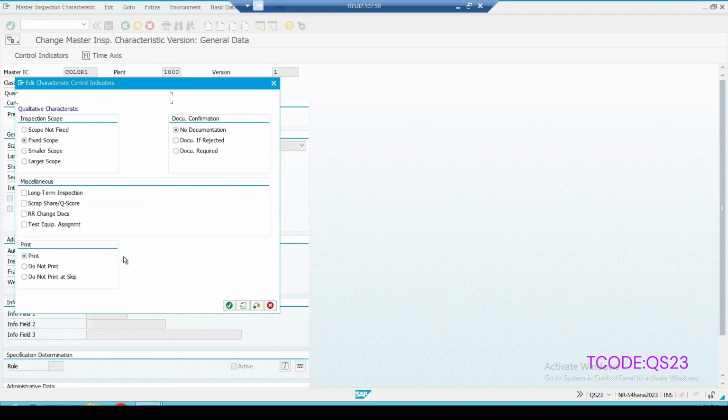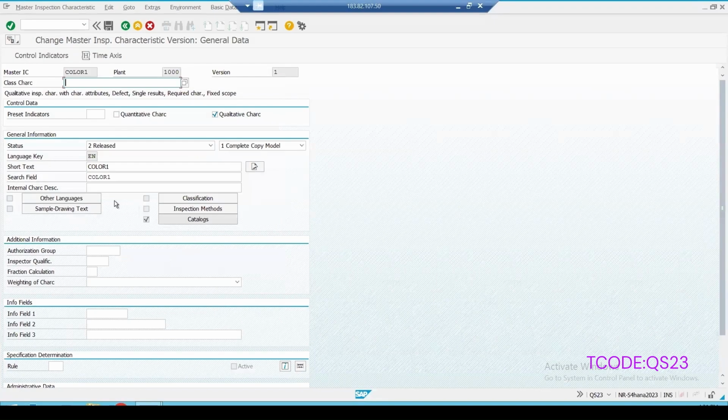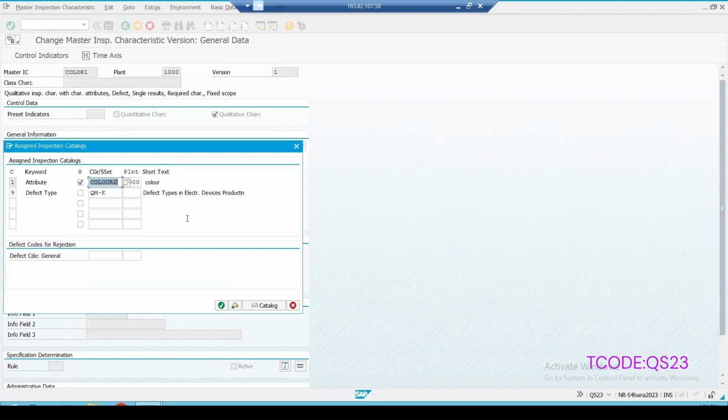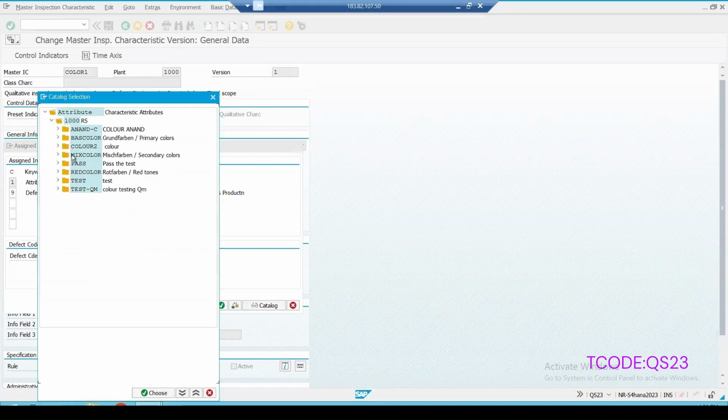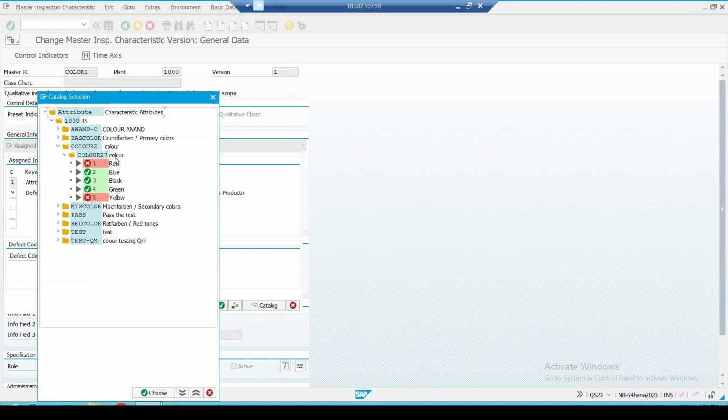Remaining controls are the same, keep default only. And in the catalogs, I have assigned the color catalog. And this is the one which we have assigned, where for red, I have specified it is a critical defect. For the remaining, I have kept the normal one.